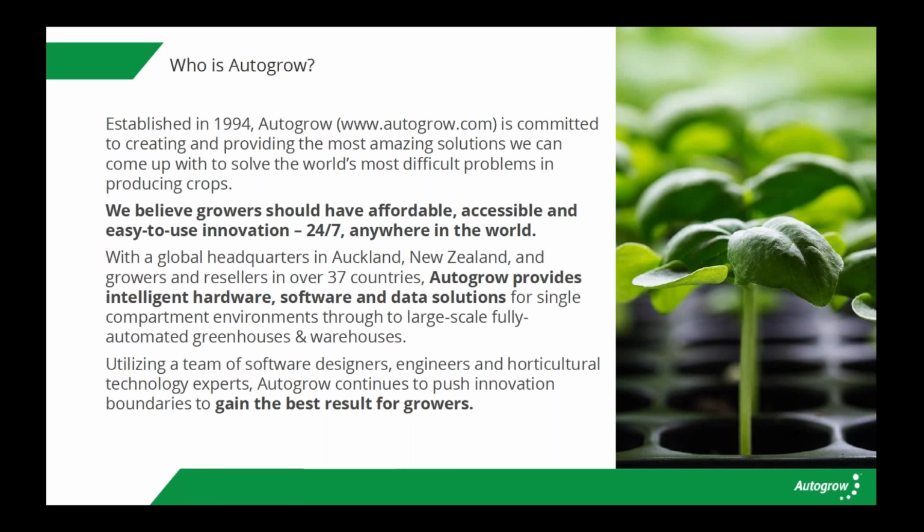With a global headquarters in our Auckland office, growers and resellers in over 37 countries, Autogrow provides intelligent hardware, software, and data solutions for single compartment environments through to large-scale, fully automated greenhouses and warehouses. Utilizing a team of software designers, engineers, and horticultural technology experts, Autogrow continues to push innovation boundaries to gain the